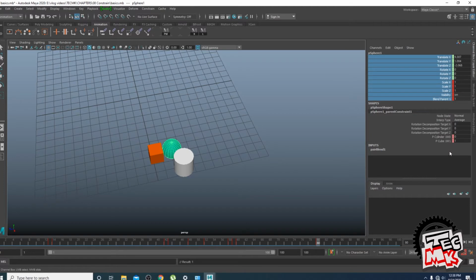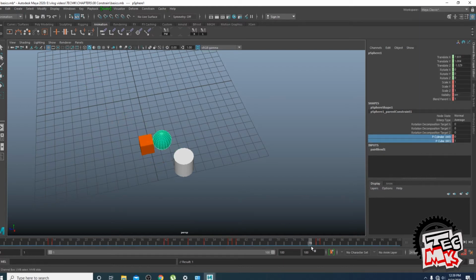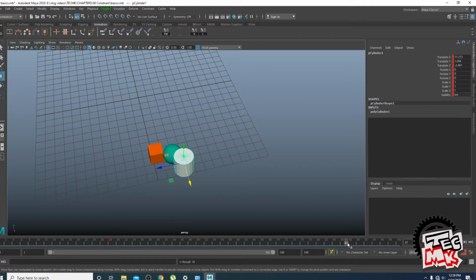Blend parent is 1, okay. Cylinder control was 0 and cube control is 1. From 80 to 81, let the blend parent be 1, because anyway we are not making the sphere independent of either the cylinder or the cube. So the blend parent is 1, and here we'll give the power to the cylinder full and the power of the cube will be 0. And as usual, key selected. What happens? Comes here. Now if you see, at any given point of time, if I move the cylinder from here to somewhere else, the sphere will be coming along with it.